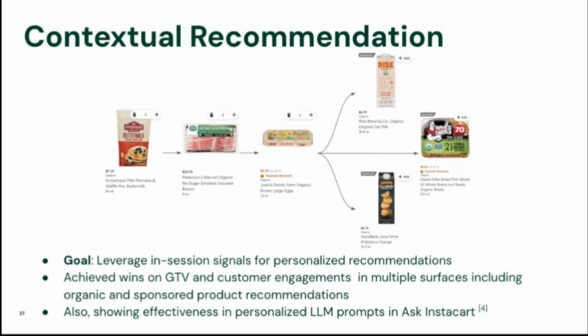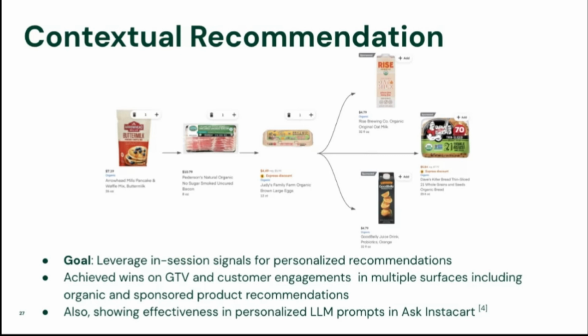So lastly is contextual recommendation. This is a very popular use case for real-time ML. Here is an example describing how it works in Instacart. It follows similar logic as sequence modeling. For example, given a recently viewed history of pancakes, eggs, and bacon, we could infer that the user is searching for breakfast items. And our model would learn that the user might want to complete their breakfast with milk, orange, and